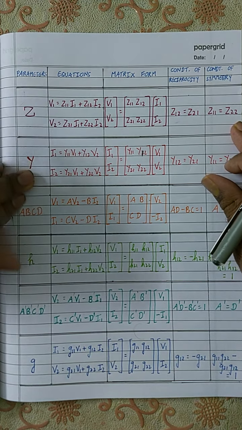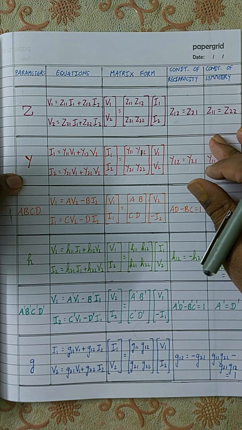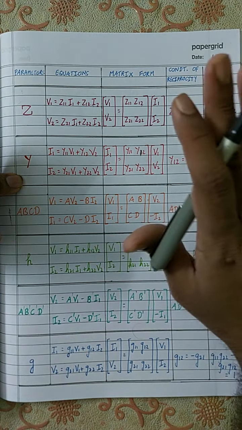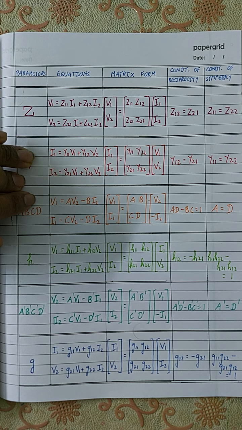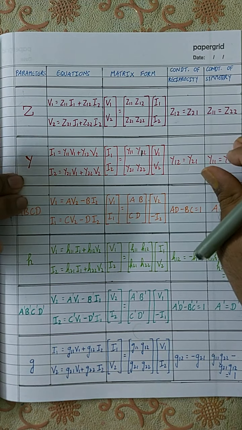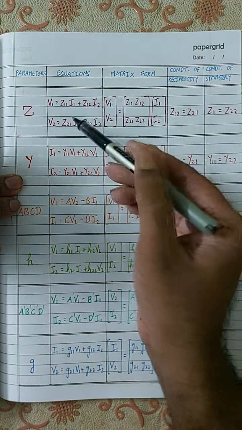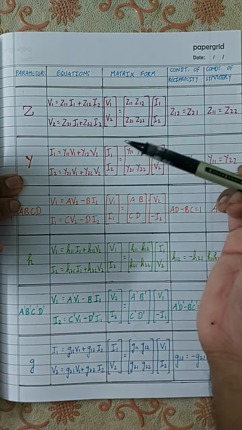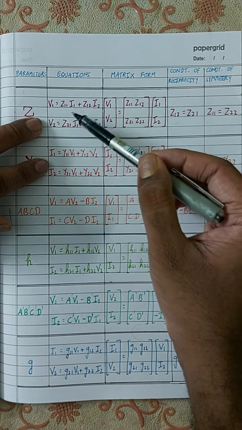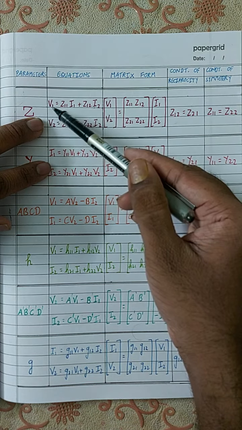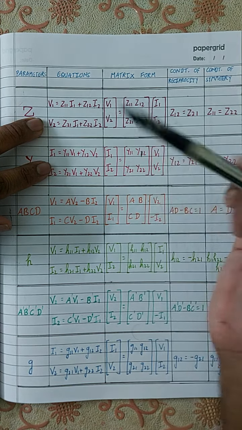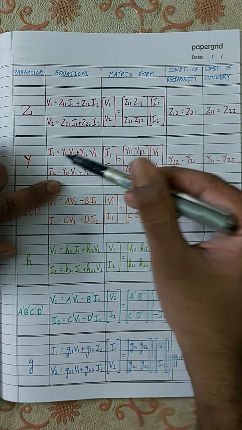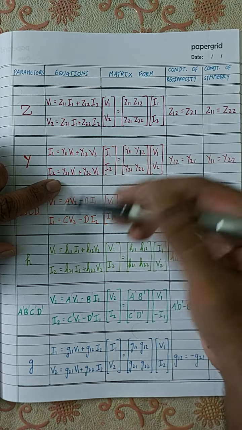Now regarding the equations, you can apply any technique you like. There is no clear-cut rule on which method to apply to find which parameter. Usually, if you look over here, this is actually mesh analysis. So my advice to you is, if they ask you to find Z parameters, then it's better you write the mesh analysis of that circuit and try to express V1 and V2 in terms of I1 and I2. Likewise, if they ask you to find Y parameters, if you see here, this is already a known analysis equation. This is my opinion.